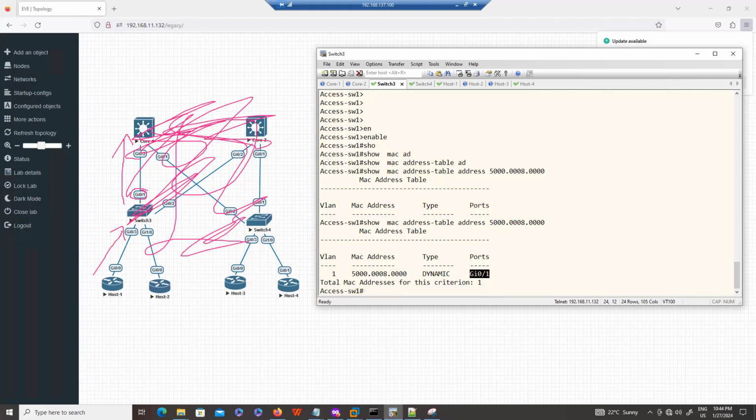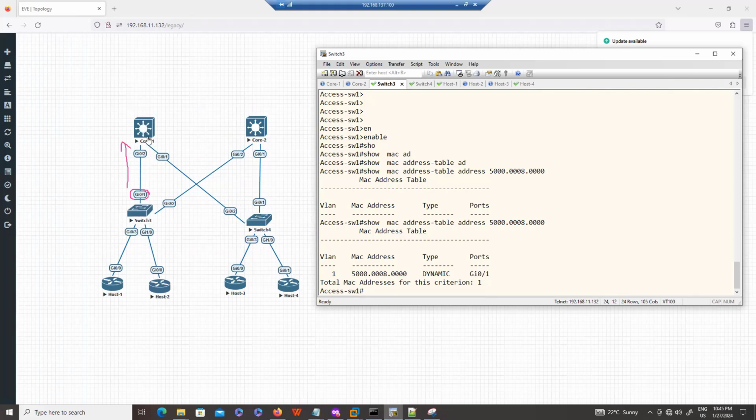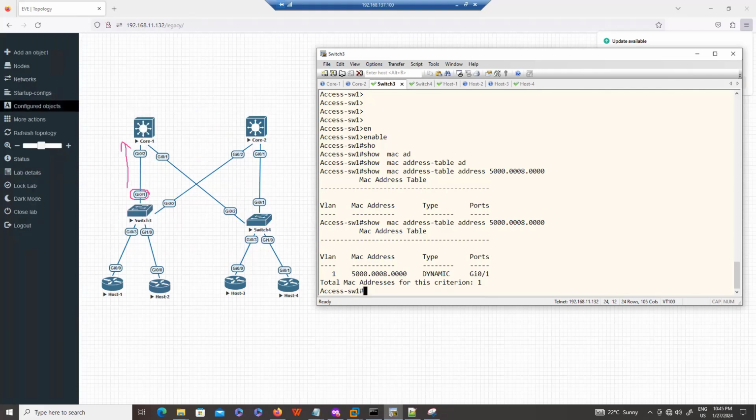So here, guys, we have a diagram, and it clearly says gigabit 0/1 is going to core 1. Then on core 1, we will run the same command. Here you see core 1 has only one leaving interface, because in switching, when we receive a packet, we never send the same packet back out the interface it came from, because that would obviously cause a loop.